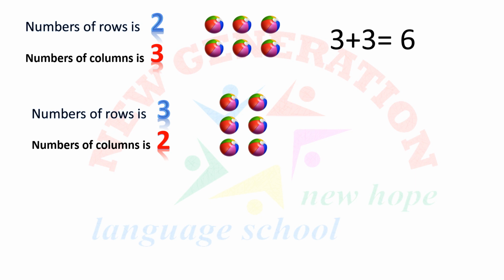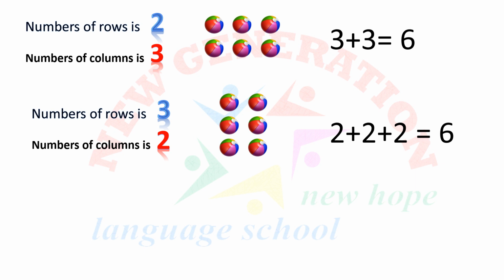I want the total number of this array, so I will add 2 to itself 3 times. So 2 plus 2 plus 2 equals 6. Notice that when I switch the number of columns and the number of rows, the result is still the same, which is